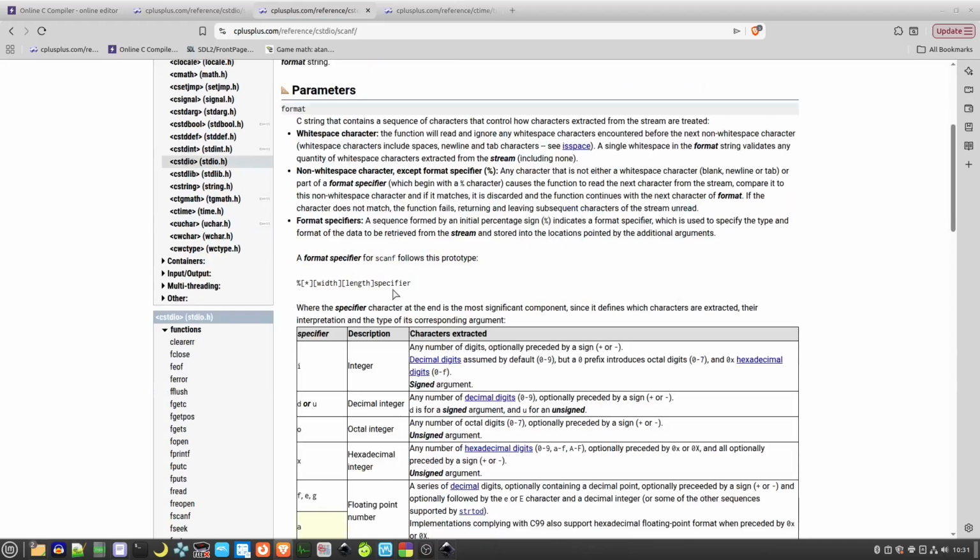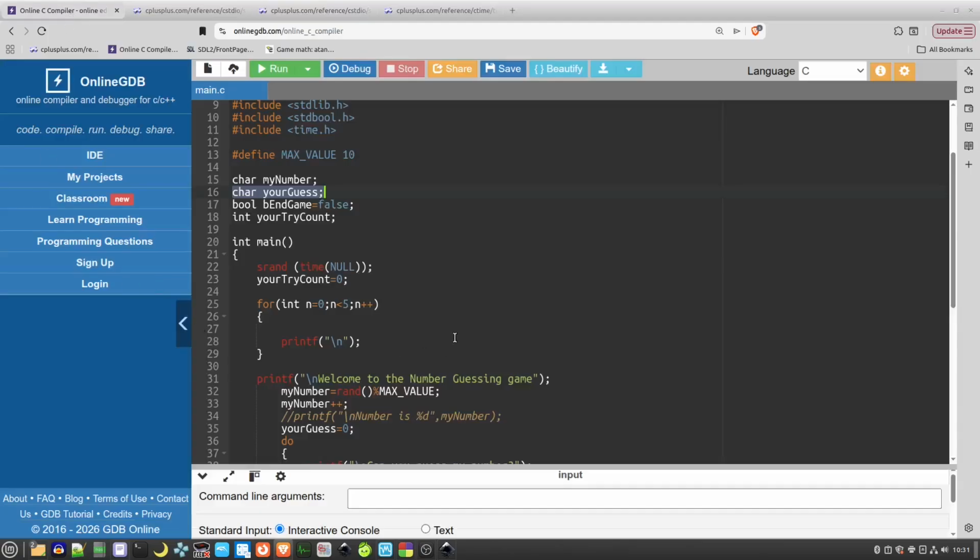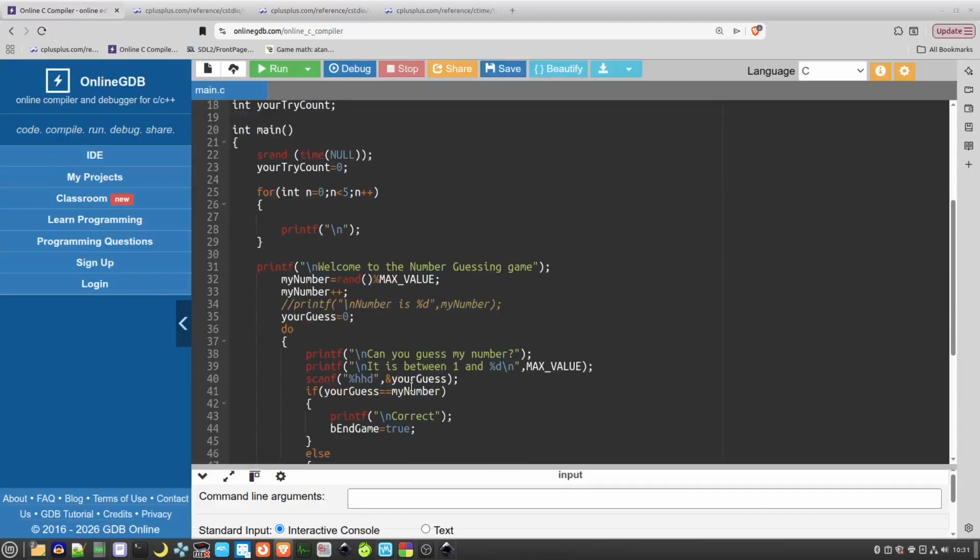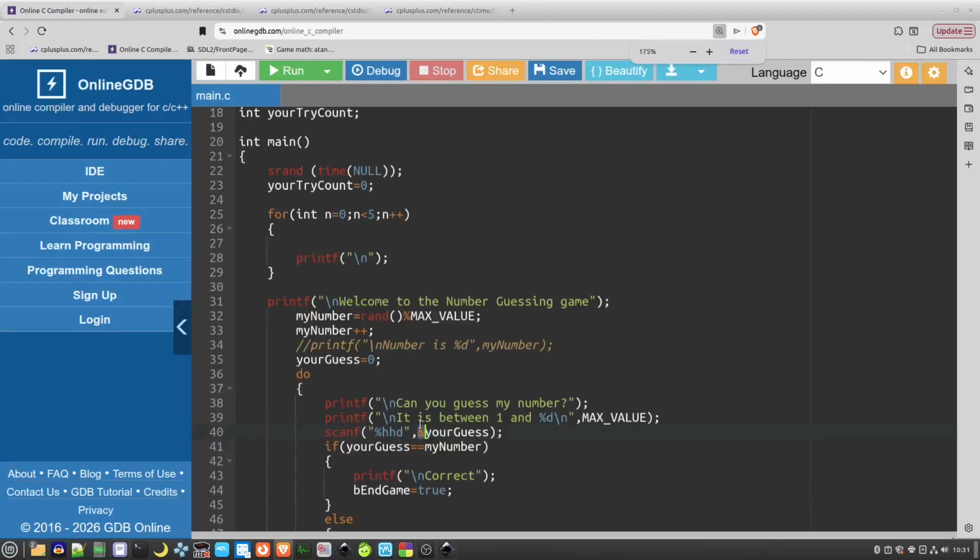And you'll see here the specifiers look exactly the same as printf. In scanf, if you want to read in a number, you have to add this and, or ampersand symbol,